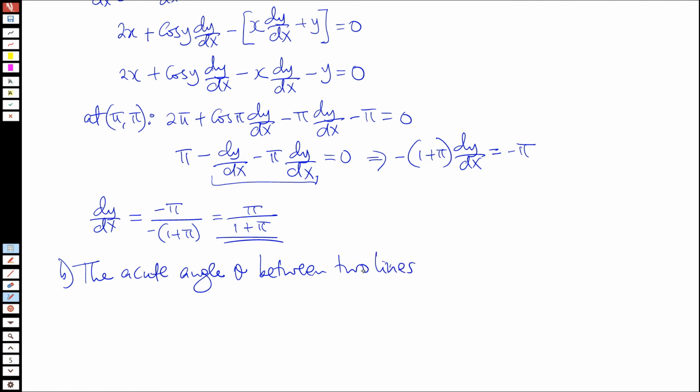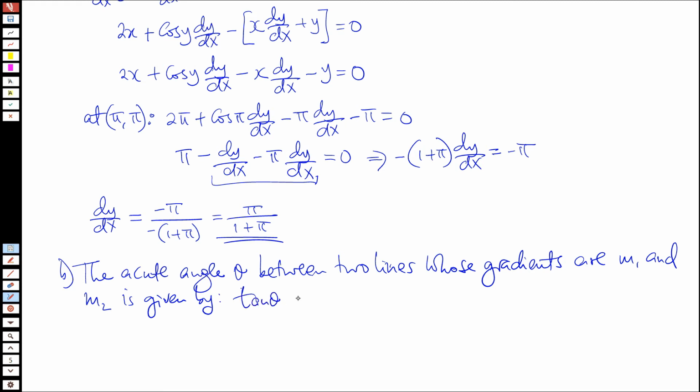And in this case, we have the tangent line and the line y equals x. All right, so the acute angle θ between two lines whose gradients are m1 and m2 is given by